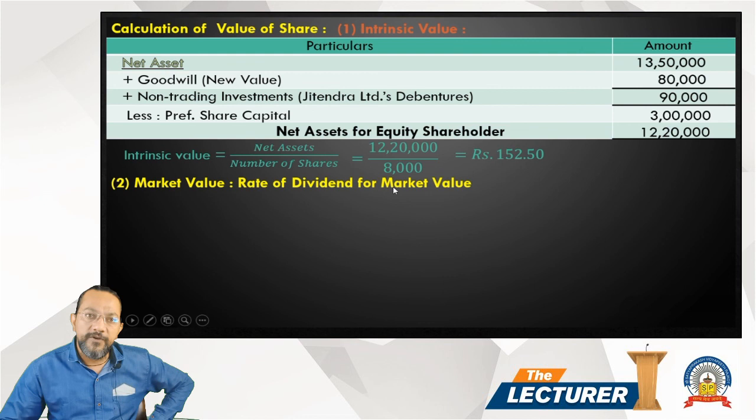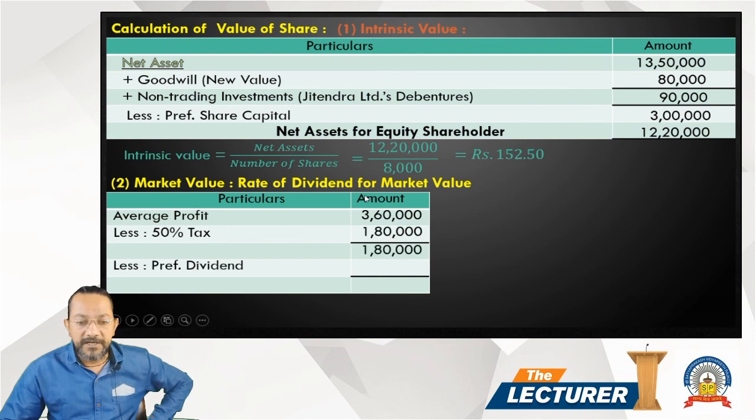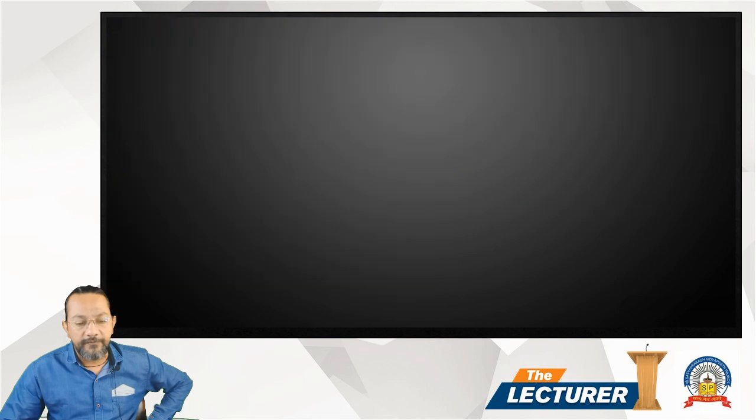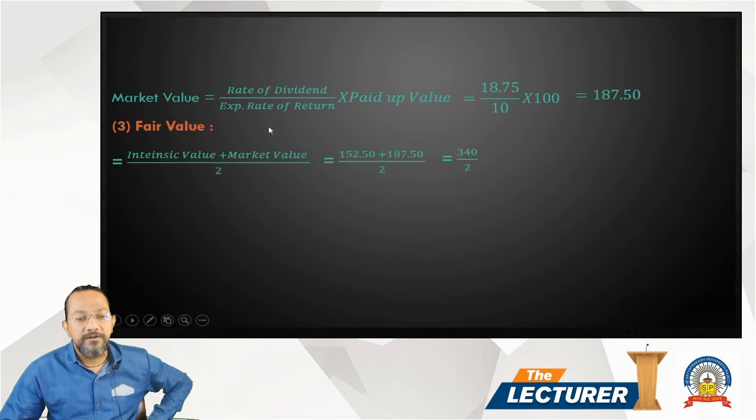After intrinsic value, market value based on rate of dividend: that is calculated from average profit, 50% tax, preference dividend, and then profit. And then market value is 187.5. After market value, intrinsic value plus market value divided by 2 is known as fair value, and fair value is